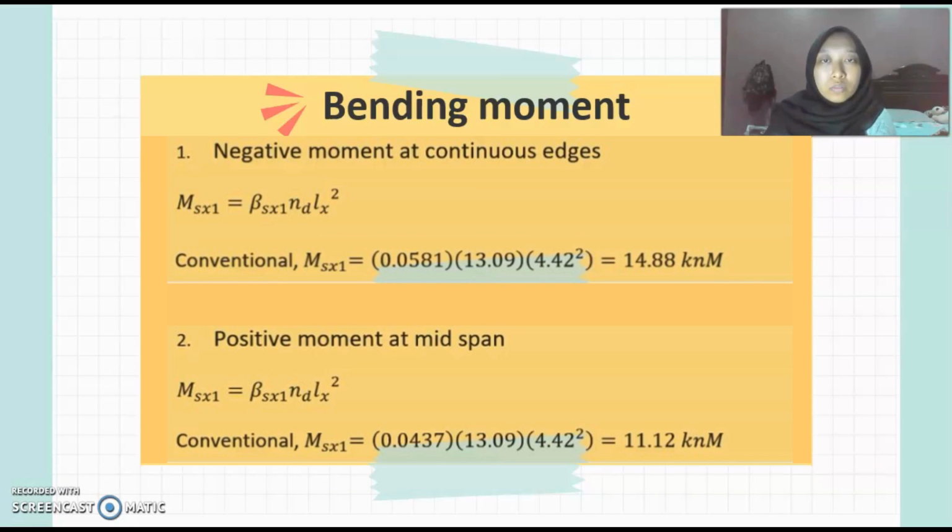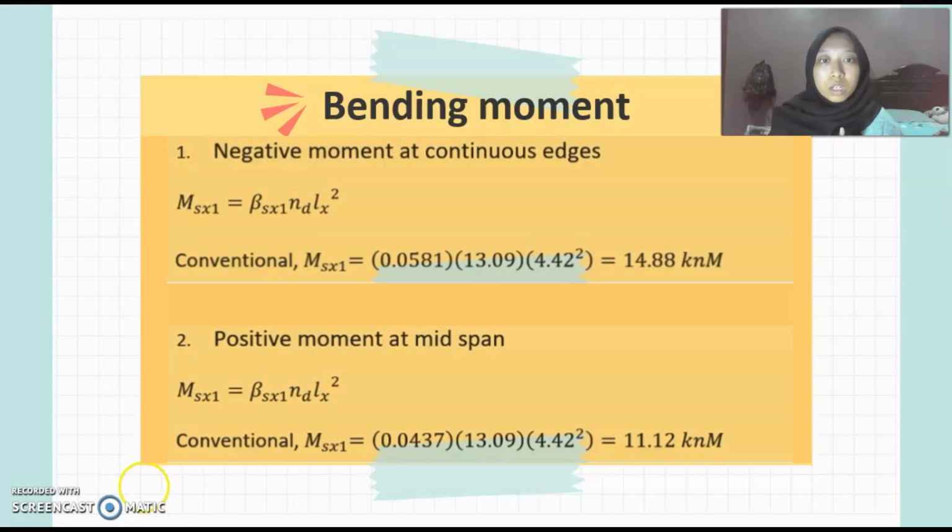Okay, next is the calculation for the bending moment. The first one is for the negative moment at continuous edges. This negative moment is m_x1 equal to beta_x times n_d times l_x to the power of 2. Conventionally, we will get 0.0581 times 13.09 times 4.42 to the power of 2,